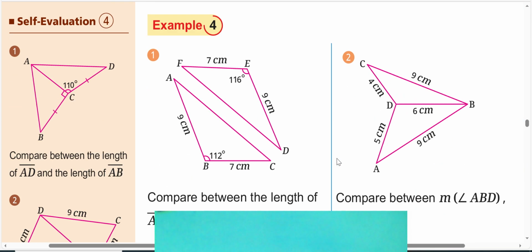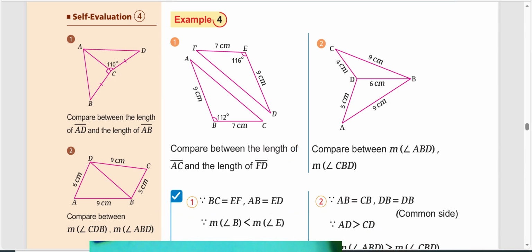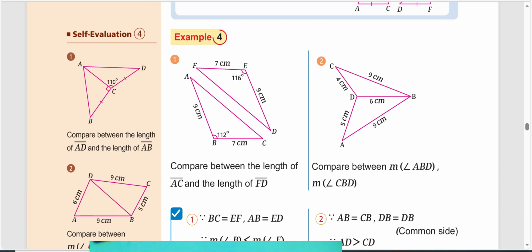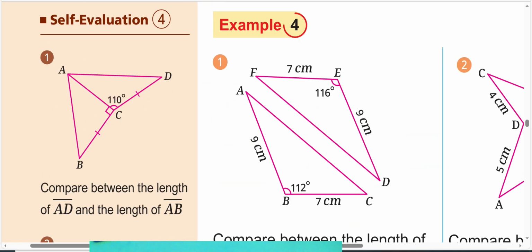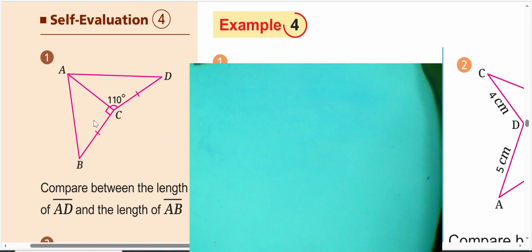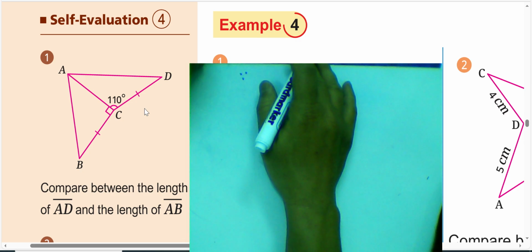Self-evaluation number 4. You can read this example, it's easy, okay? Look, number 4 here, you can read this example and the solution. We'll solve self-evaluation number 4 with you. Look at here, self-evaluation number 4. It gives me two triangles, the first a right angle triangle and the other here. We have a relation between two sides. Listen, such that in two triangles